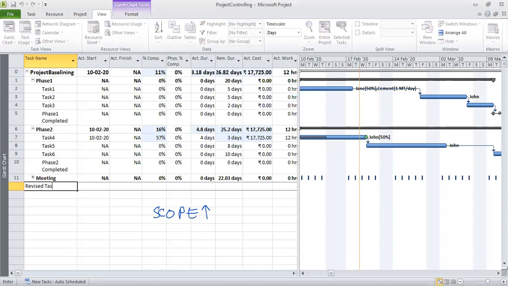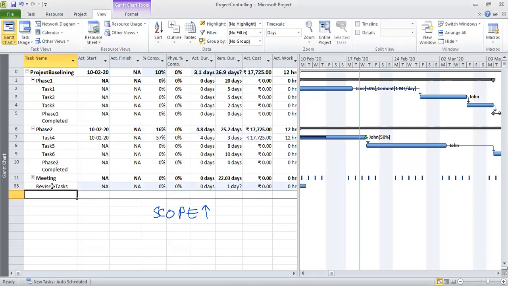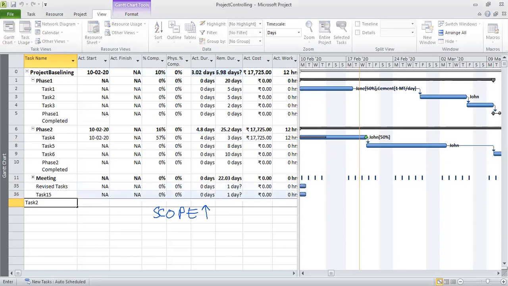So revised tasks, and let us say task one. Sorry, task one is already used. So let us say task 15, yeah, and task 20. These are the new tasks which got added, not 220.